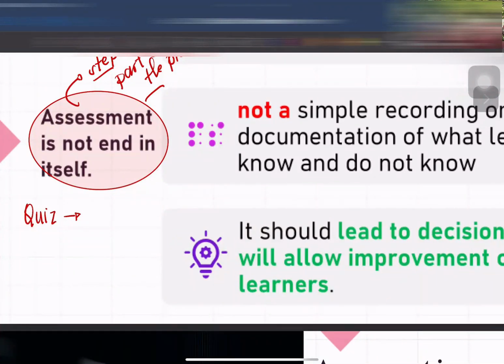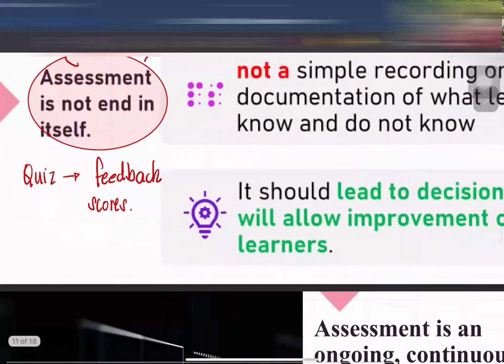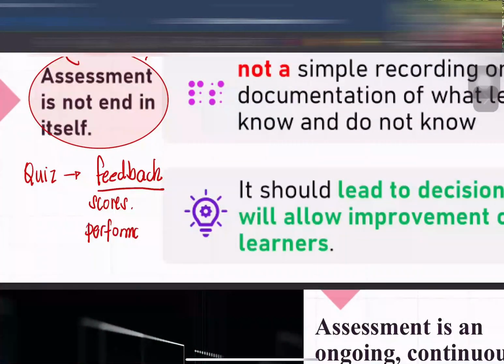Sige nga. Ideas? Providing feedback, sir. Okay, very good. You should give feedback to your students. And what is that feedback? Plus, that feedback is in the form of scores. So don't make your students wait. Ilan kaya yung score ko sa quiz? Or don't make your students hanging, na check kaya ni ma'am yung quiz namin or hindi. Baka pinapapasa lang yun tapos hindi naman chine-check. Diba? Tapos baka perfect naman kaming lahat doon. So class, you give feedback on the scores and you give feedback also on their performance